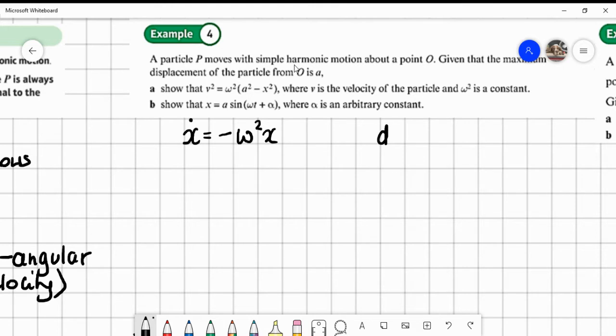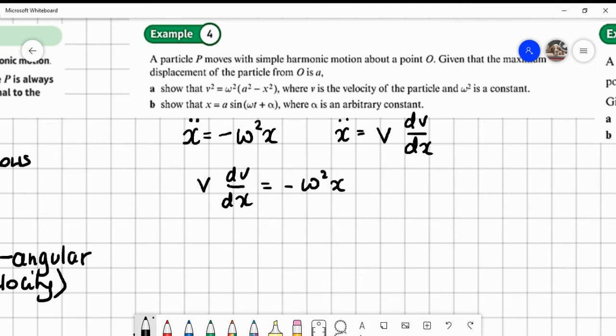So what we've found is that the acceleration, x double dot, can be written as v dv/dx. This is the result we've just used the chain rule to derive. So that was acceleration. If you now substitute that acceleration, v dv/dx, for x double dot, what you are faced with is